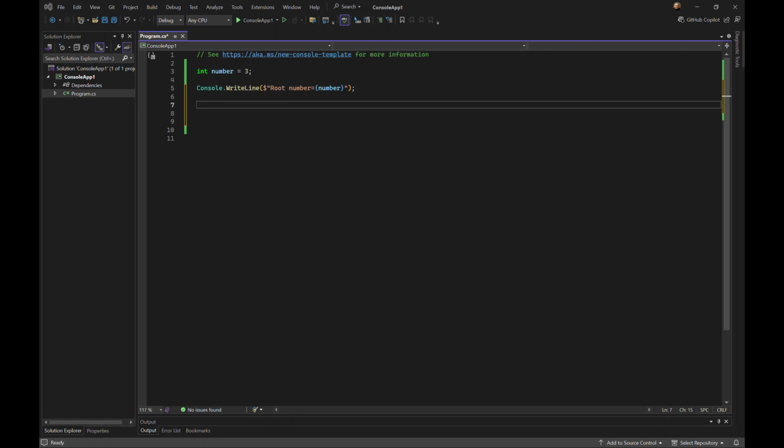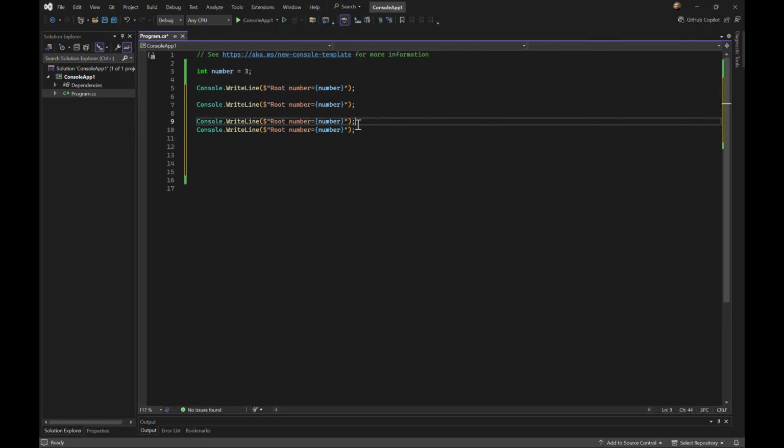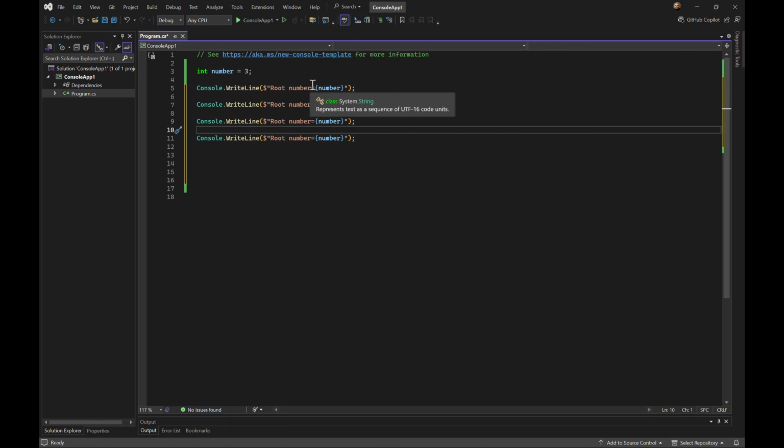And a lot of people, when you first look at them, don't really see them as really important. But without a method to encapsulate an operation, this is what it would look like if we needed to use this logic 4 times. So let's just say we had a number and we needed to print this out 4 times. And that's okay, not that difficult, it's easy to understand. But what if these 4 lines were 10 lines apiece instead of just 1? Like say we had 40 lines here,